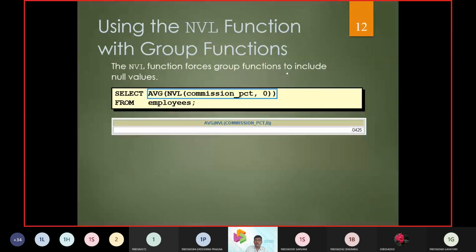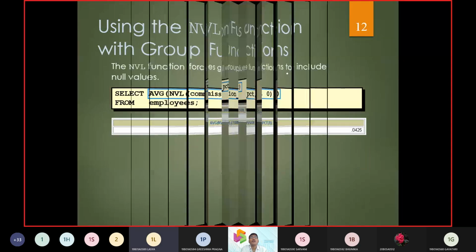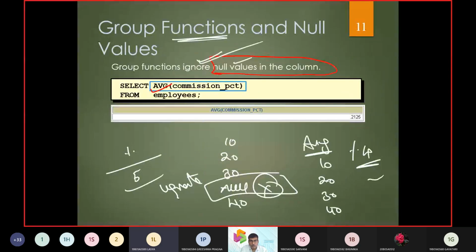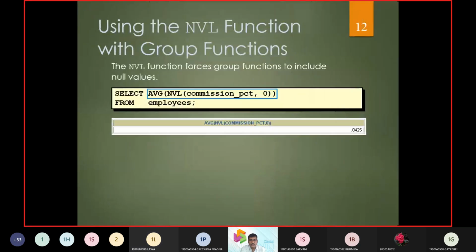So sir, if it is count, will it take null values? No, count also is going to ignore the null values. Okay, sir. Just once you verify it also, I will put the things in the database. Already you can see the OneNote. In the OneNote, I think it is shared. So you can open that share link and check once.